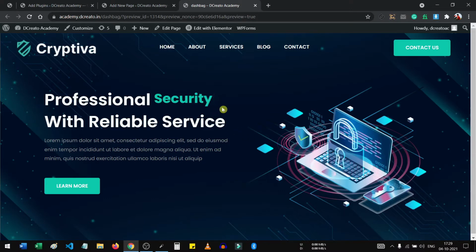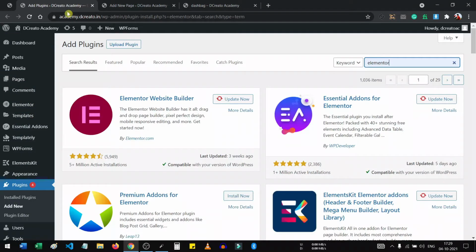That is actually made by JavaScript, but I will show you how to create it from Elementor add-ons, any free plugins. So let me show you how to install the plugins. If you search on Elementor, you can see the Essential Add-ons for Elementor. This is the main plugin. It has lots of features. You just install it and activate it. Then I will show you the next step.